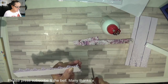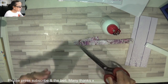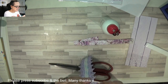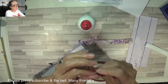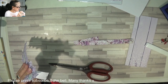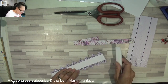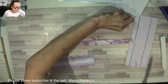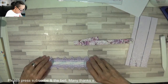Trim off any loose things that have come off the end. My scissors, I was a little bit too far over that way. Oh, and I'm going to ruin it, aren't I? I'm going to try not to. Gaynor's got it slightly on the wonk, so I'll put that bit down the bottom. See what I mean I've done there? I've just come over on that side a little bit, so again, just want to keep that nice and straight. I need to clean my scissors. And then I'm going to glue